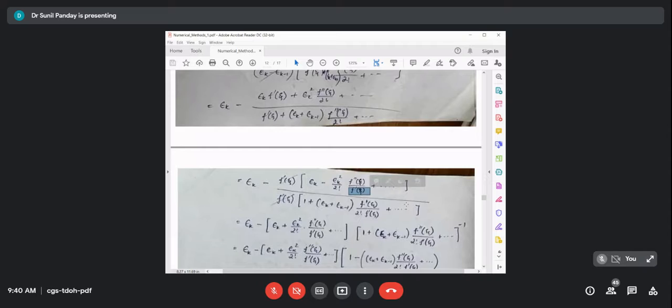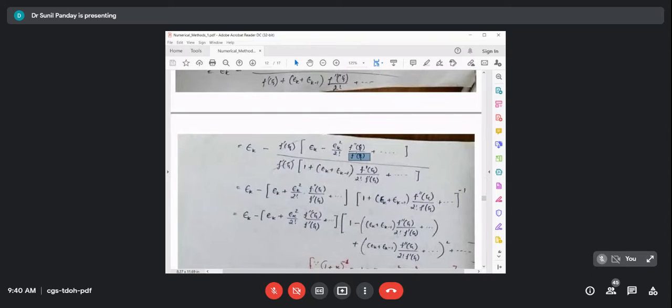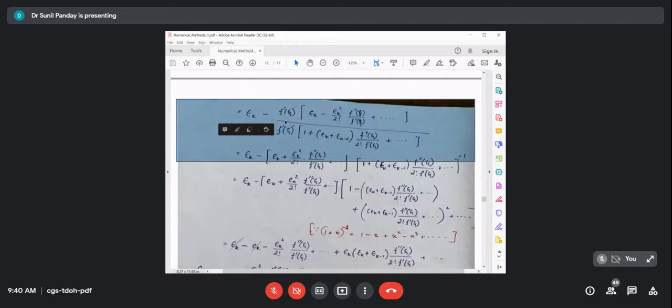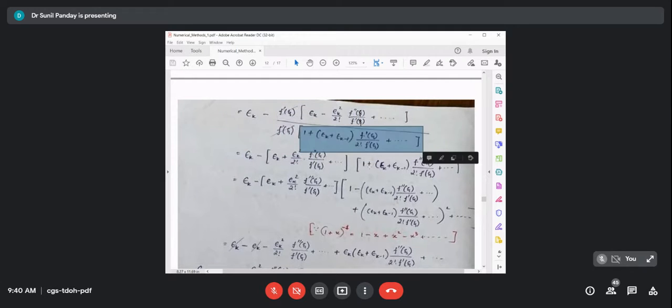Similarly here also. And then this f dash j is also cancelled out, and then we take this denominator term in the numerator by taking its minus 1 power,